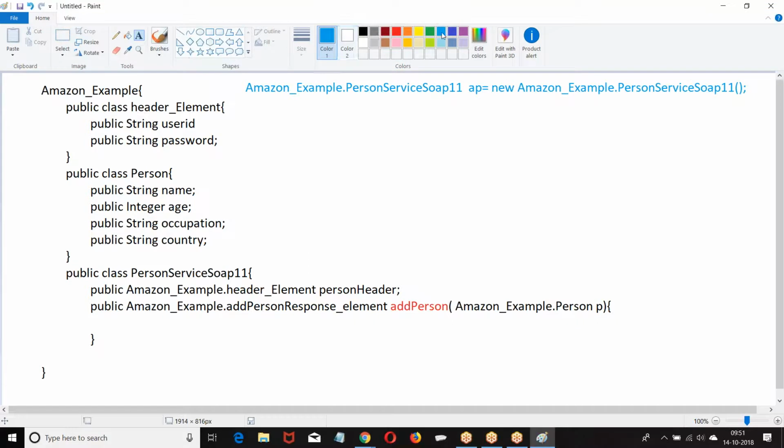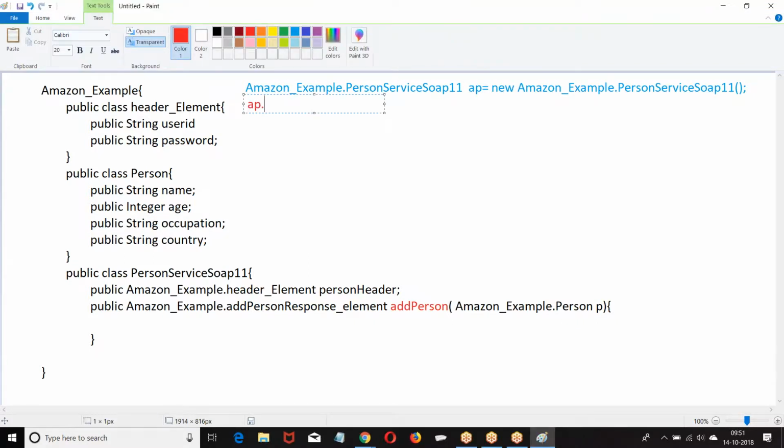Now, what is the next step I have to take? AP dot. What are the members we have? Person. It is a member of this class, right? Person header is a member of this class. So I am giving person. Is it a reference variable or primitive variable? What type of variable is that?